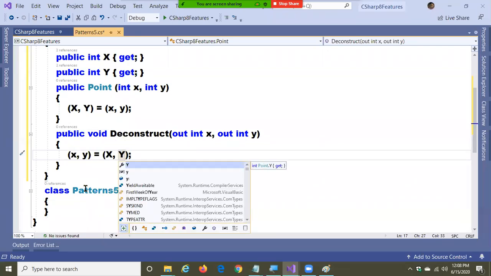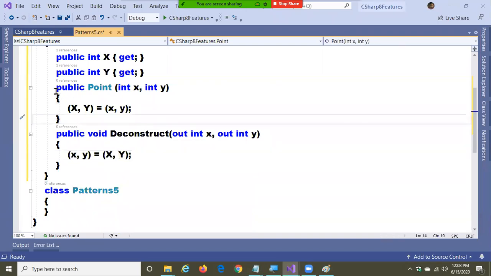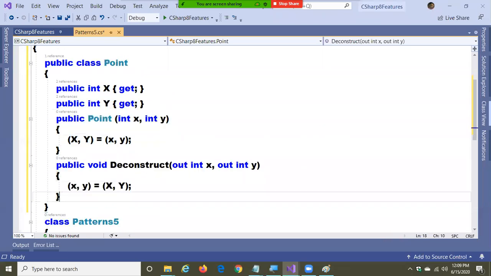If you are not aware of deconstructors, watch my C# 7 videos. Those who are learning right now know about deconstructors, but if you are an old student, you may not have any idea. In those videos, I gave a clear explanation about deconstructors. Constructors bring values into the class, and deconstructors take the values out of the class.